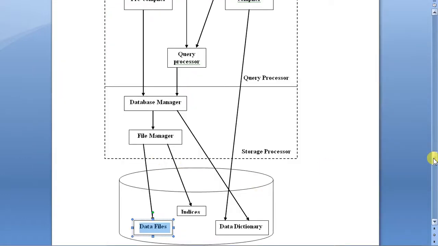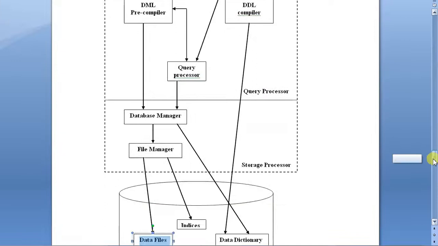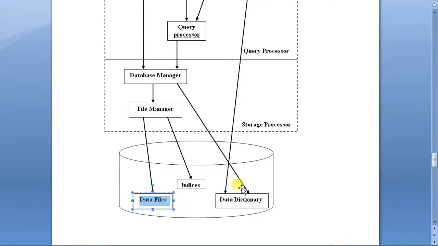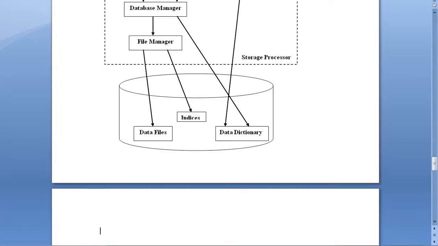I hope you have understood up to now what the major components are and how a database works. Now this portion that you are seeing, you can imagine it as your hard disk, or you can take it as your secondary storage. Or one important thing that will come in future is your stable storage. In many books you will find this word, stable storage.